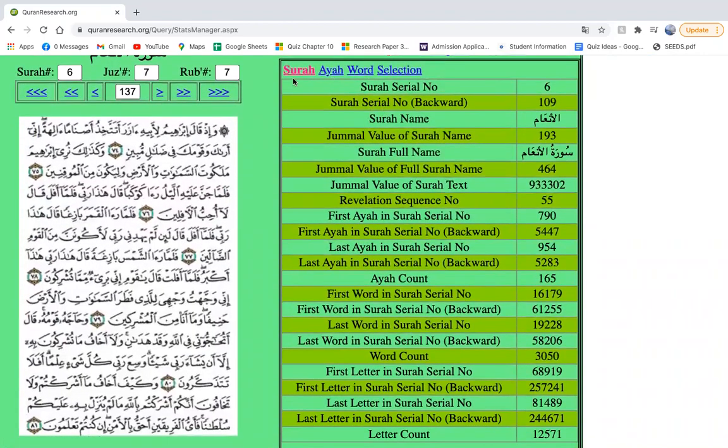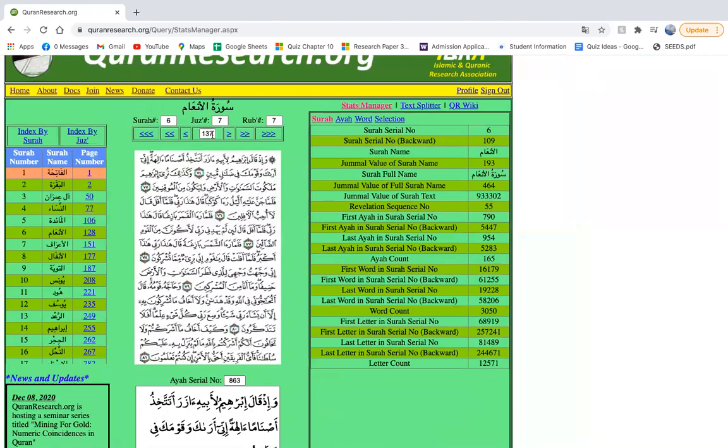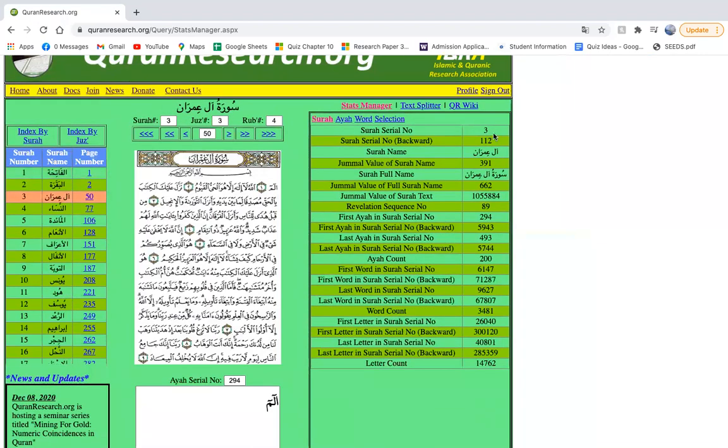Here we have the surah. By selecting the surah tab, it gives you statistics about the current surah, such as the surah serial number, the surah name, the jumal values, and the numbers of ayahs, words, or letters in the surah. So for example, if I wanted to choose Surah Al Imran, I would click on it and it gives me information that it's the third surah in the Quran, and it gives me a bunch of other information about the